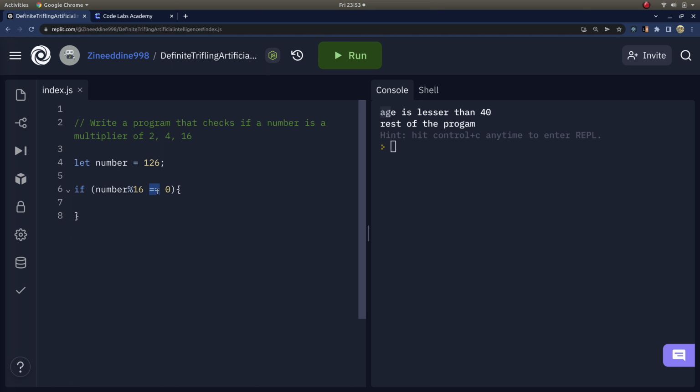This syntax, by the way, the double equals, just means that we check if the condition at the left equals the condition at the right. So it just means that the remainder of the division by 16 is equal to 0. And then we can just say console.log number is a multiple, or actually a multiple, sorry, of 16. If it's not the case, we check with 4. So if remainder of the number by 4 is equal to 0,